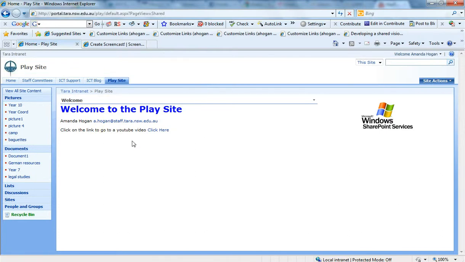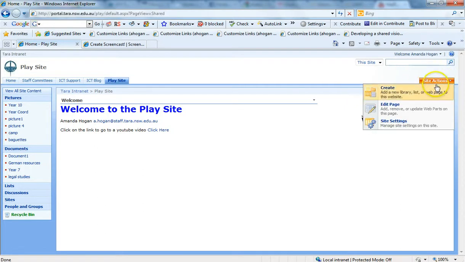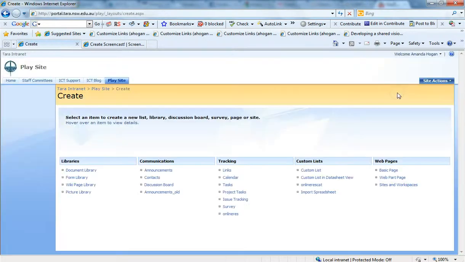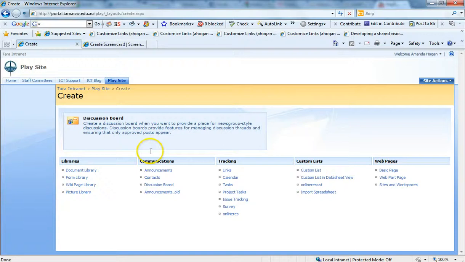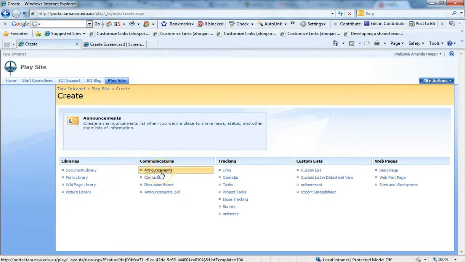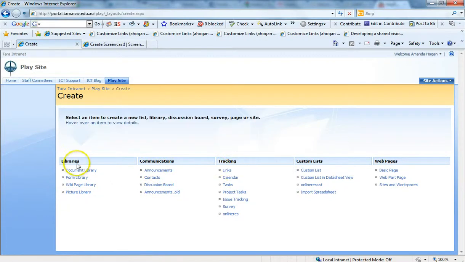Okay. The next thing we're going to do, most of the things you need to do in your intranet site are under site actions, and this is no different. We're going to create some places to put some stuff, and they're called libraries. So if you click on create under site actions, and then libraries are over here, and there's communications things, so you can add announcements and stuff, and you can do links, and I'm going to